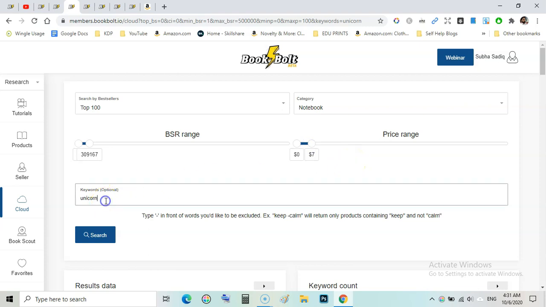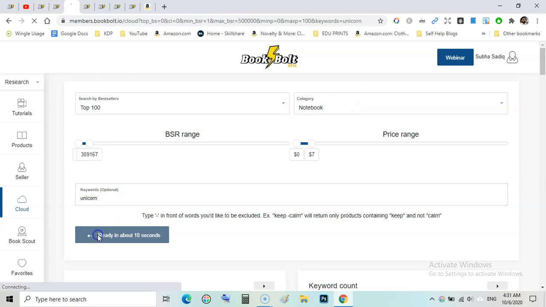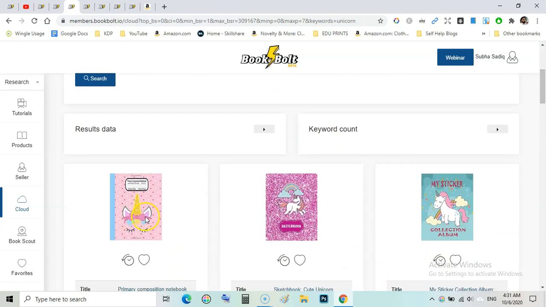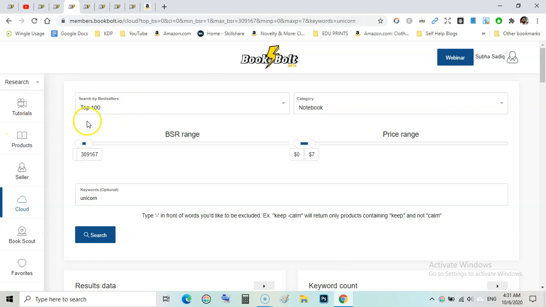Keyword is optional. I have typed unicorn, selected the notebook category and then clicked on search. It will take some time and it will show you the data below. Just scroll down. It shows you the main titles ranking in the top 100 in the notebook category and using this keyword unicorn.